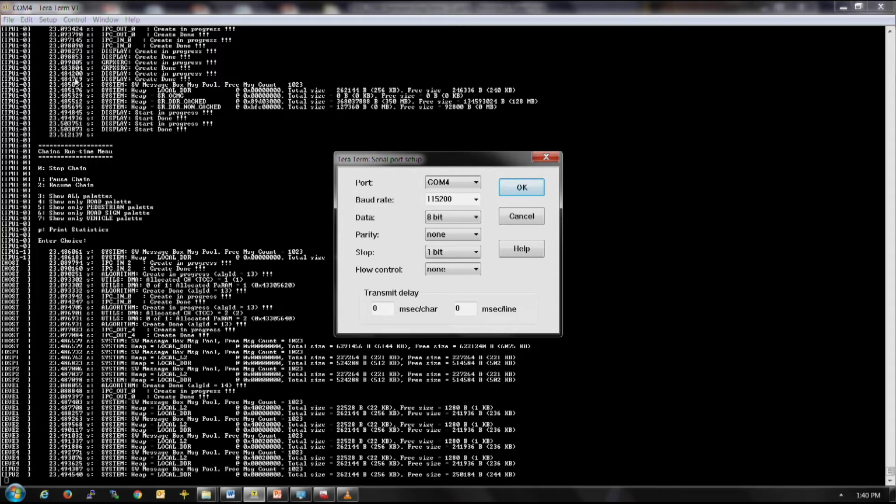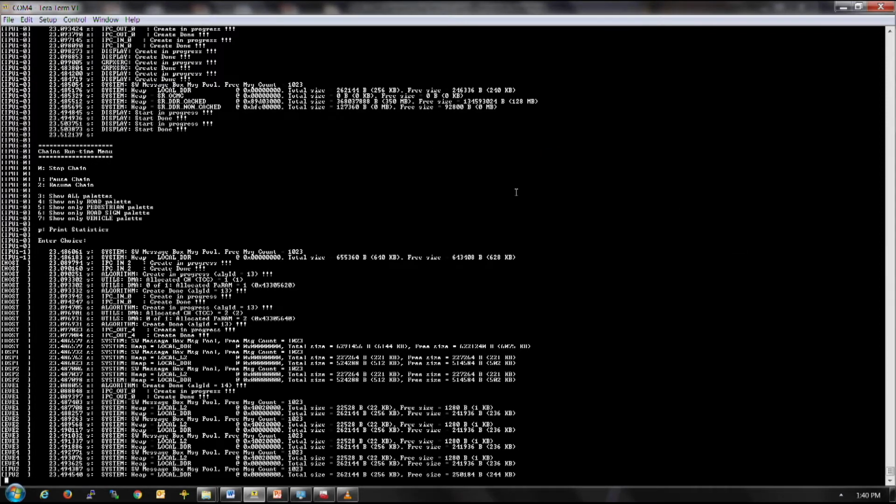The configuration I've chosen is 115200 baud rate. This whole configuration is again available in the documentation as part of the Vision SDK release. So while I've done it here, for more details, you can refer to the documentation. Once it's configured, we press OK, and with that, the serial terminal is connected.